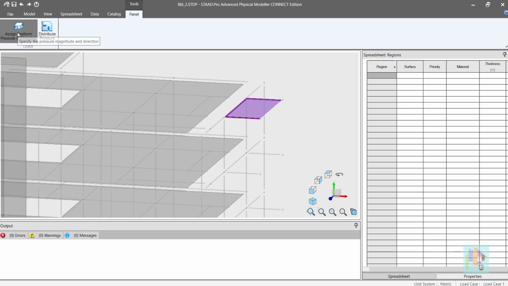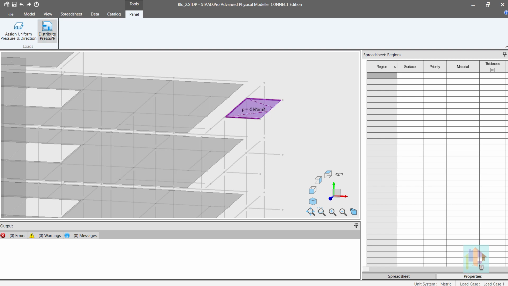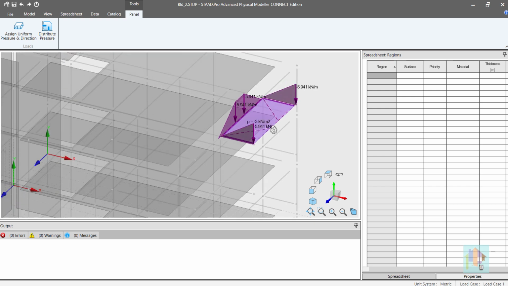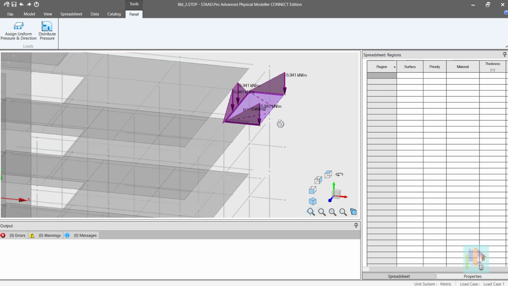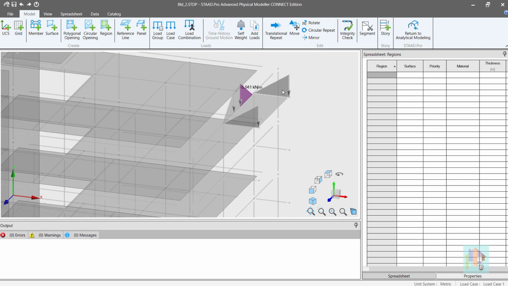Say 3 kN per meter square load is applied in the global y direction. And we need to distribute the load. See how the program distributes the load depending on the beam location. There is no load on the outer edge as there is no beam present, and all the loads are distributed to the other sides. It is very easy and can handle any type of geometry, closed or open,